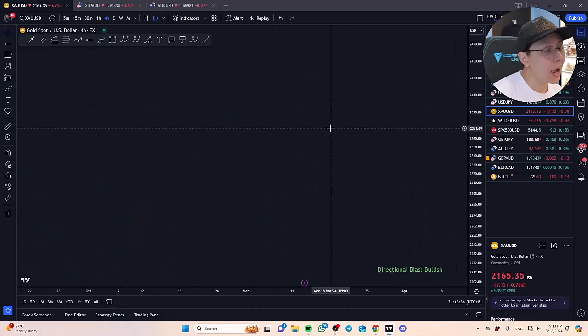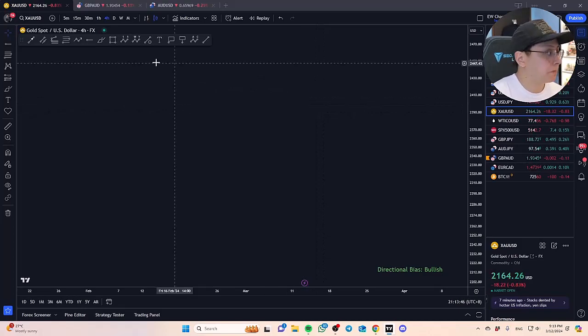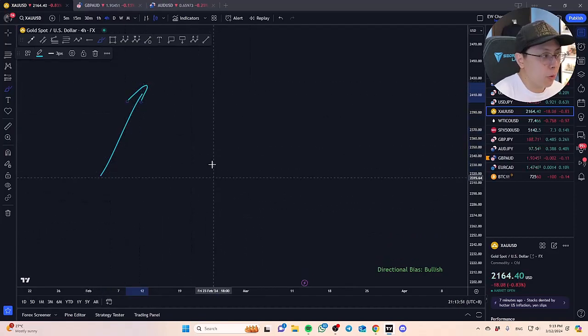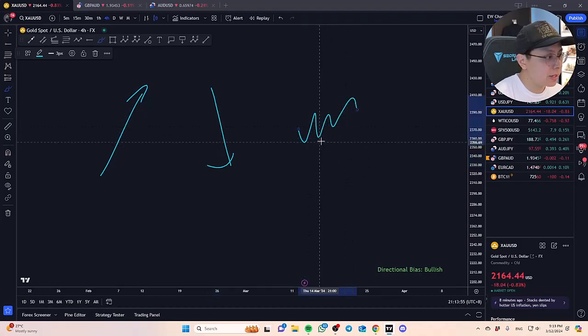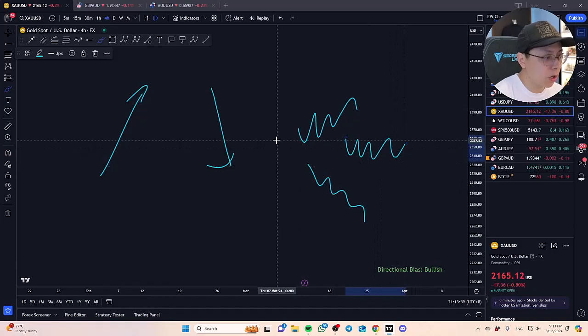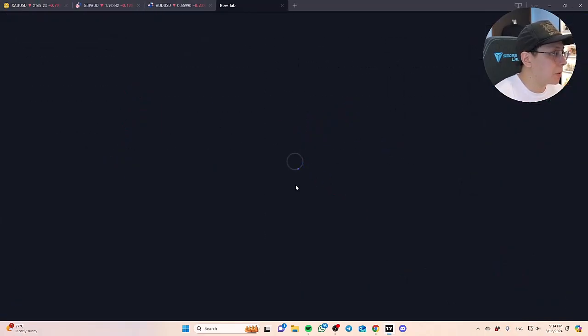Now why we don't trade after we see only an impulse, right? Because there are only some variations in the market on how price can develop. Price can either go up, very straightforward, or come down. Or I would say sideways, but sideways usually slants towards the upside or the downside. Very, very seldom does it go horizontal. Now why is this important? Let me open up a blank chart.